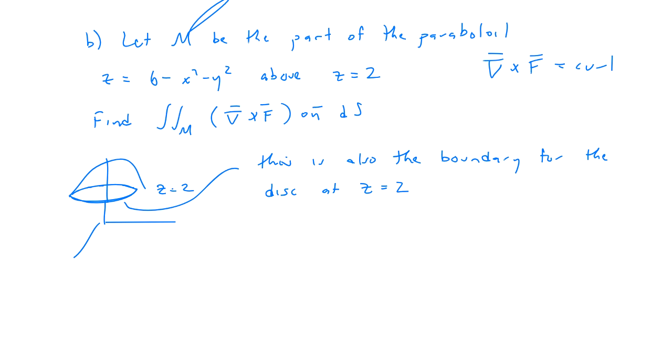It's also the boundary for that little disk. It's this. And so Stokes' theorem says instead of doing it on the original M, which we'd have to parameterize and then take the cross product and then plug it into this curl thing, instead I could do it on, so let's call this D. So this is equal to by Stokes